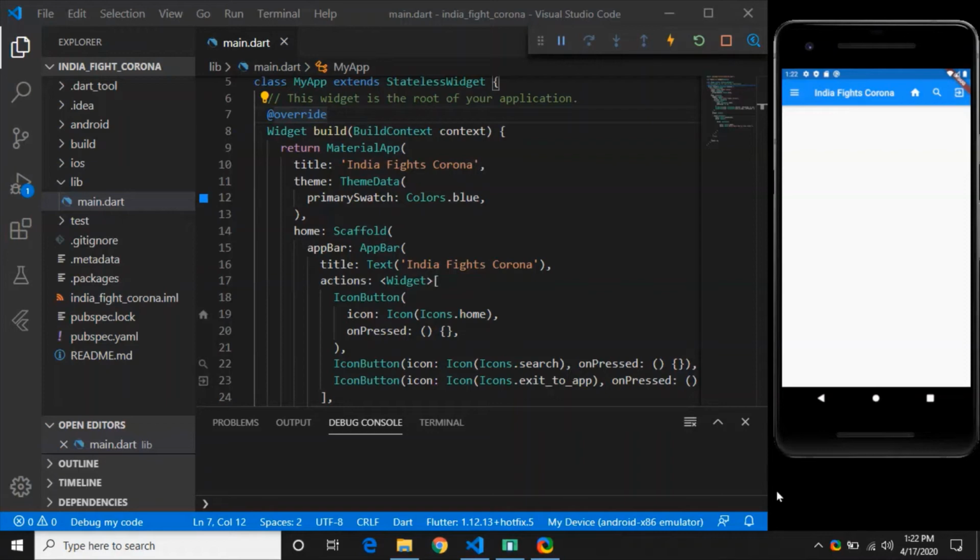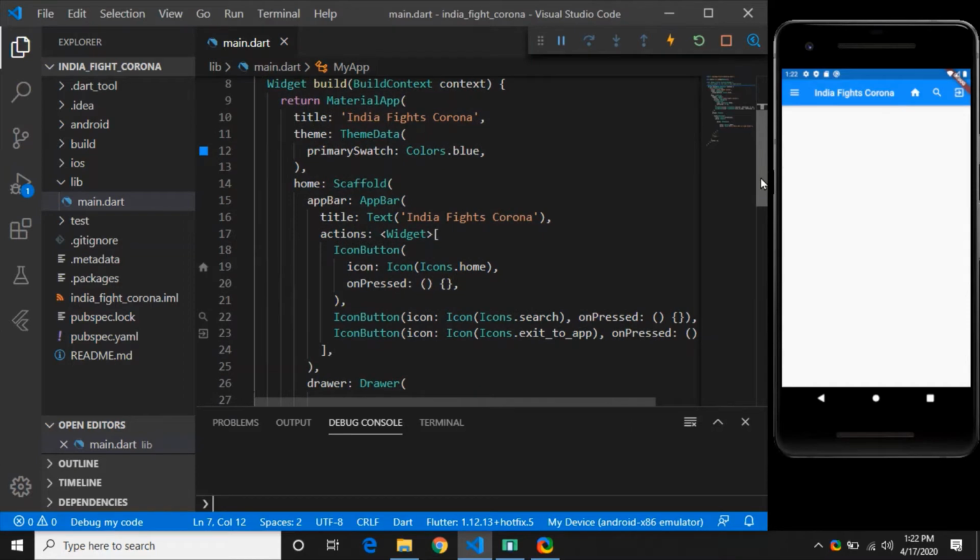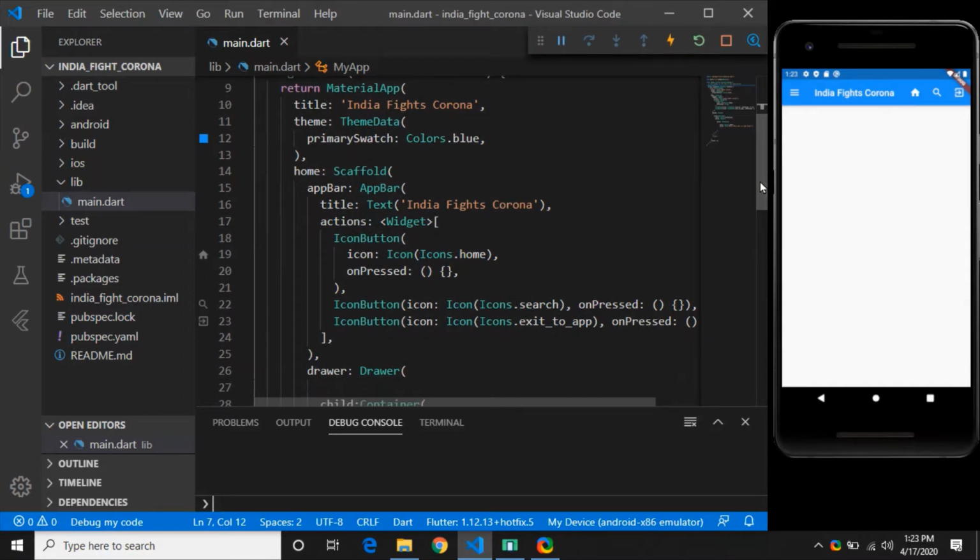Welcome to part 6 of this tutorial, India Fights Corona Android app. In this part, we are going to learn the grid layout and the home screen. But before that, I want to tell you a little bit about this app bar and the side drawers that